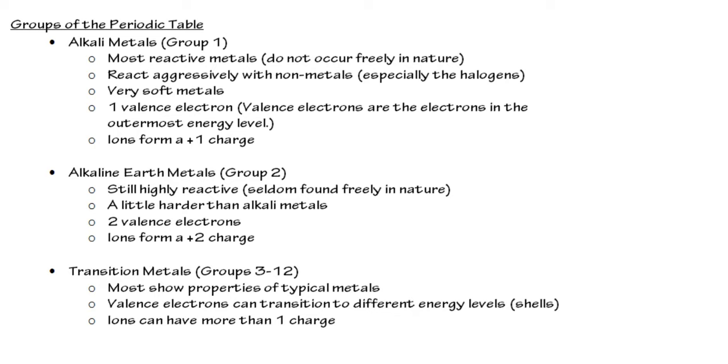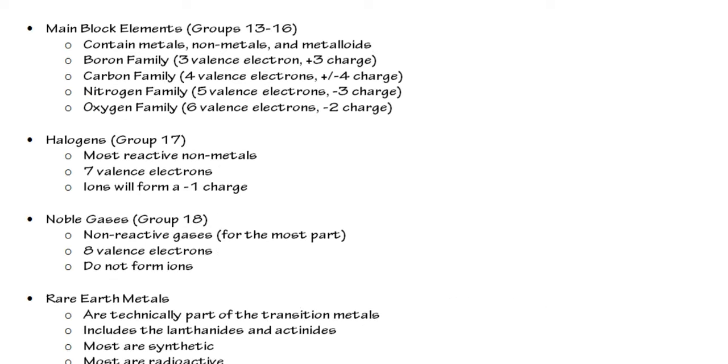Transition metals are where you find all your typical metals, your copper and iron and zinc. So these are going to be very stable metals. They're not as reactive as group 1 and 2. These are the D block elements. So again, trying to figure out their charge can be a little bit tricky or unpredictable, which is why in a formula you'll see a Roman numeral used with transition metals. As we move into the P block, or what's sometimes called the main block, you get some pretty stable groups of elements,